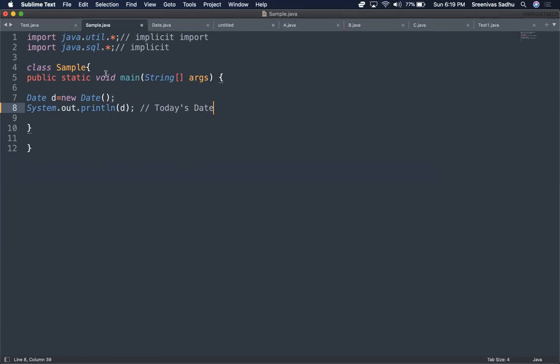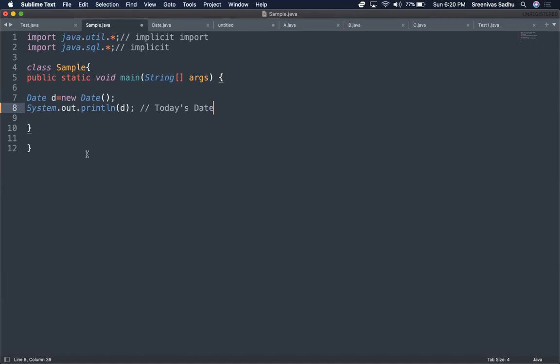But if you observe here, I am doing import java.util.star, which means I'm using implicit import. And of course, I'm using java.sql.star also, because the Date class is also available in the SQL package. The SQL package contains the JDBC API, and there is a Date class.